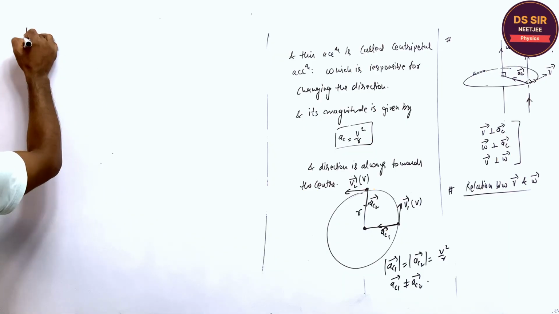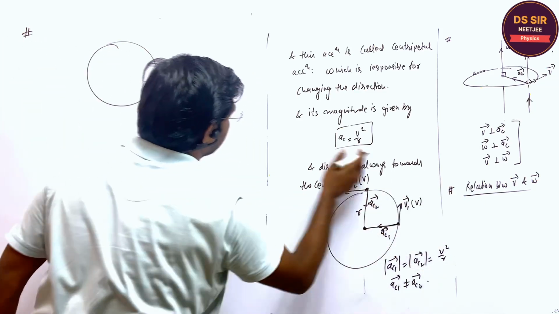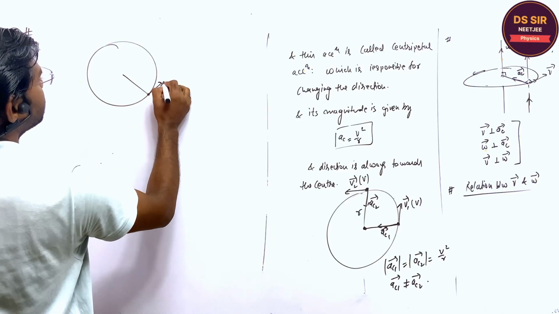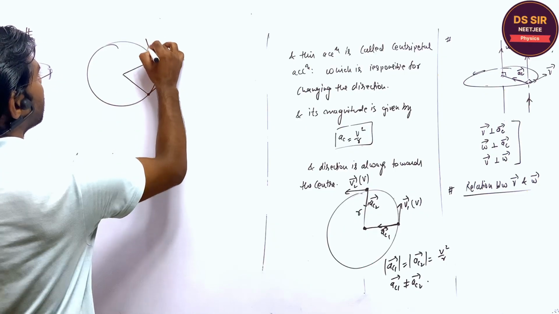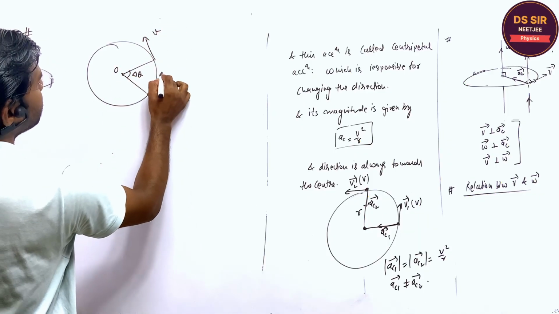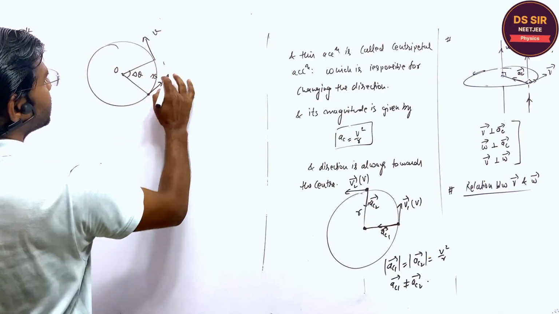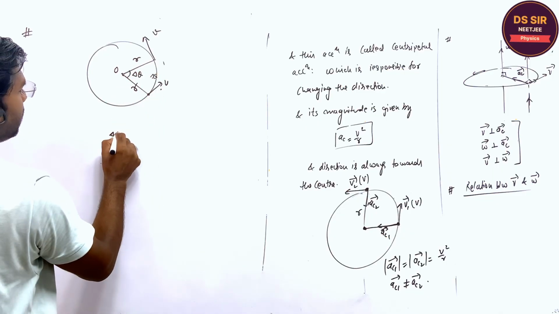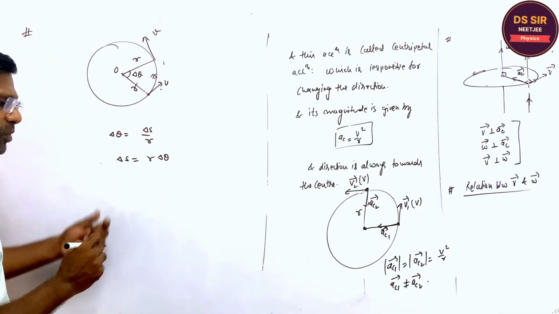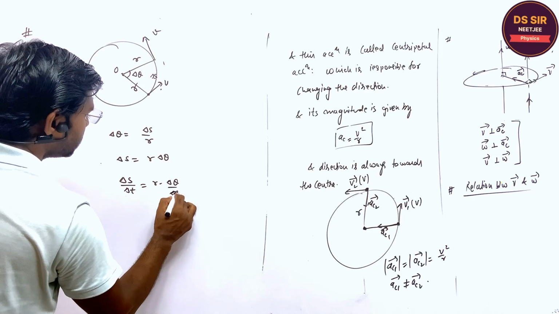Okay, so now listen how to find the relation between v and r. Suppose initially the particle is over here. It reaches this point, and after some time, moving with constant speed, it subtends an angle delta theta, and the displacement is delta S. The radius is r, so angle is equal to arc upon radius, so delta S is equal to r delta theta. Dividing by delta t both sides,